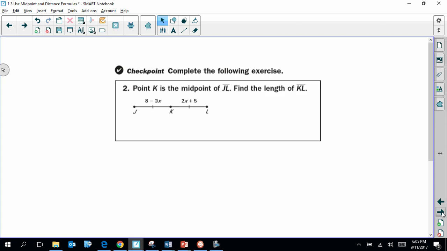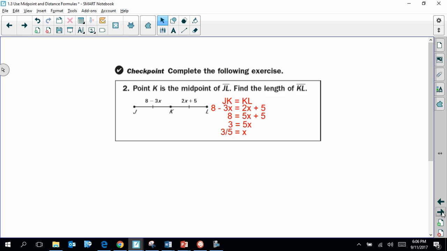Okay, so the first thing that I'm going to do, looking at this, since it's asking me to find the length of KL, I have to know what the value of x is first. Well, based on the fact that they're telling me that K is the midpoint, that allows me to conclude that segment JK has to equal segment KL. Substituting their respective expressions into the equation that we have, JK is equal to KL, solving for x gives us